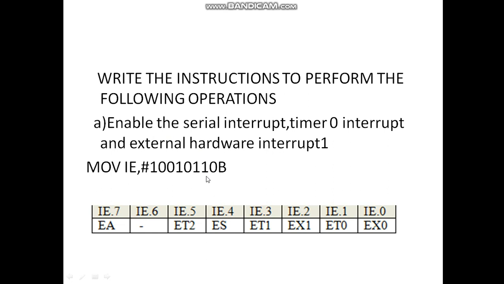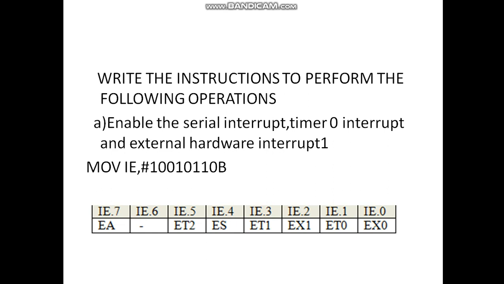Here the LSB refers to IE dot 0, that is interrupt enable bit 0, and the MSB refers to IE dot 7, that is interrupt enable bit 7. Totally 8 bits are there. In the given question, you have to enable the serial interrupt, timer 0 interrupt, and external hardware interrupt 1.